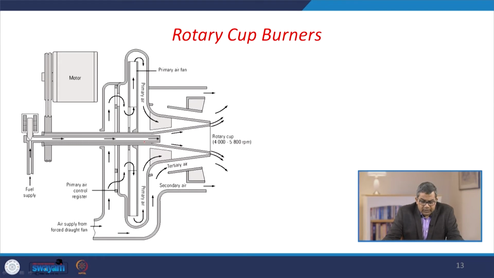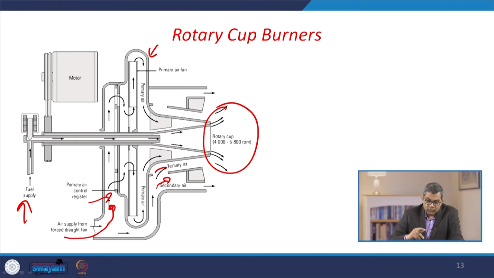Another type of burner is the rotary cup burner. Here you see the rotating disc, and you are supplying the fuel, and there are three different sources of air based on the requirement. Here you have the primary air, supplied from the forced draught fan. The primary air is again bifurcated to provide the secondary and tertiary air, and this is the rotary cup which rotates